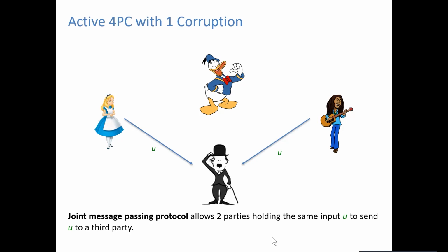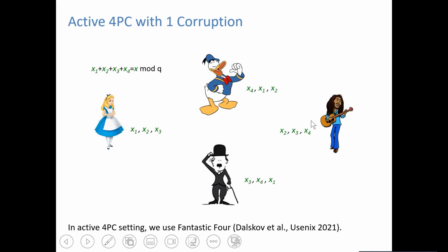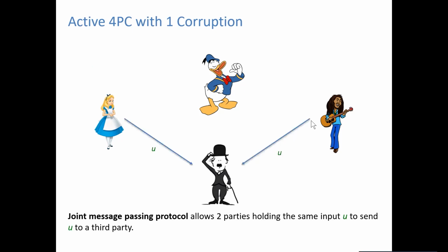So essentially, as we are doing computations with these replicated secret shares, at some point, the messages that they are normally sending in these underlying protocols are based on shares that they both hold in common. So if you look at the shares here, some of the shares will be common among these parties, right? So normally this kind of message that they send using this joint message passing protocol is based on the shares that they jointly hold.